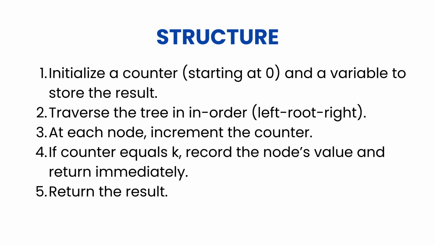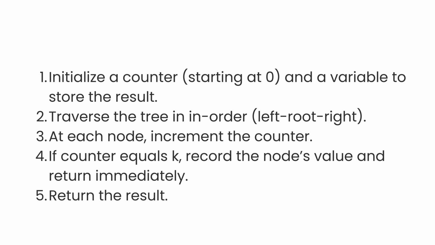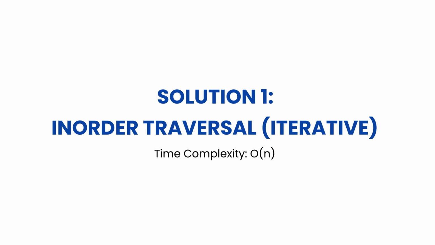Here is the structure. Initialize a counter, starting at 0, and a variable to store the result. Traverse the tree in order, left root right. At each node, increment the counter. If the counter equals k, record the node's value and return immediately. Return the result. Now let's implement the iterative in-order traversal, leveraging the BST's natural sorted order to retrieve the Kth